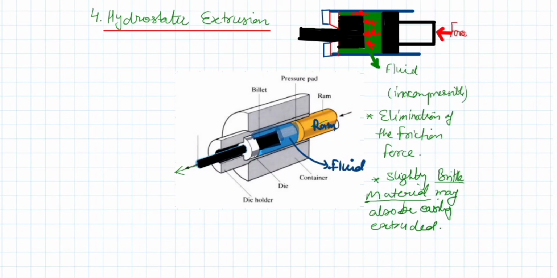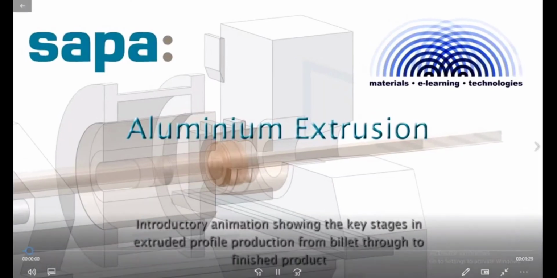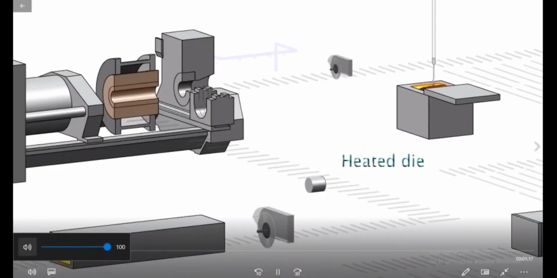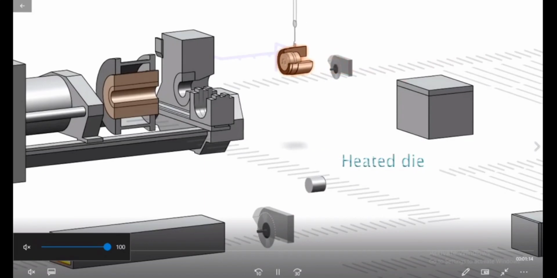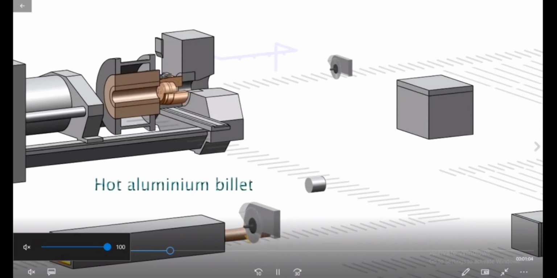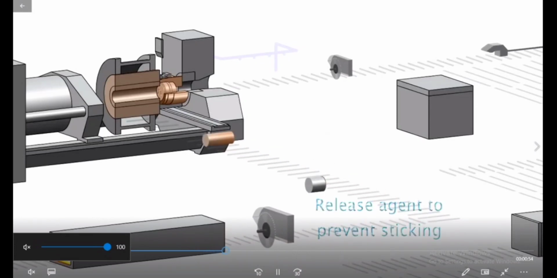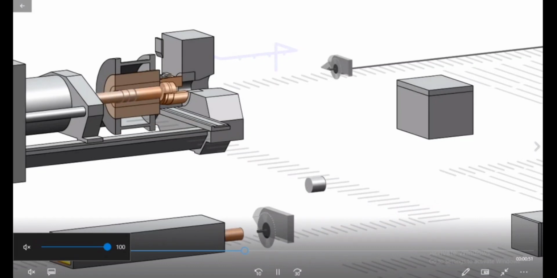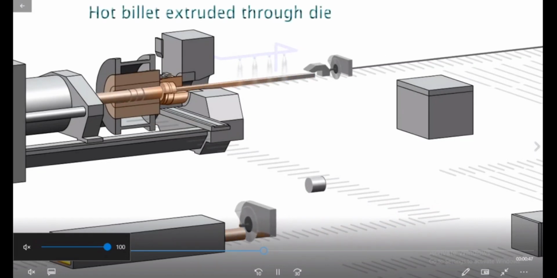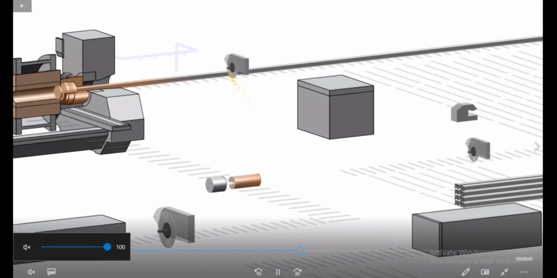So this is all about the different extrusion processes. Let us have a look at some videos where we can observe the actual happening of the extrusion process. So this is the first video. Here we can see the die which is being placed with the help of a fixture. This is the die backing and container. This is the billet which is to be extruded. The sized billet will be placed here, and will be compressed with the help of a ram. Firstly, some anti-sticking agent is applied. Now it is being compressed through this die, and the extruded product will get cooled with the help of chillers, and we will get the desired length.